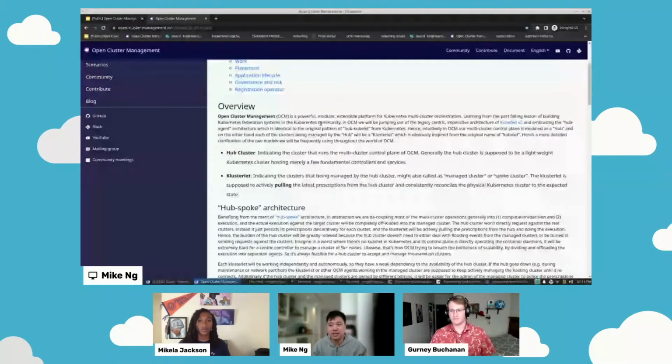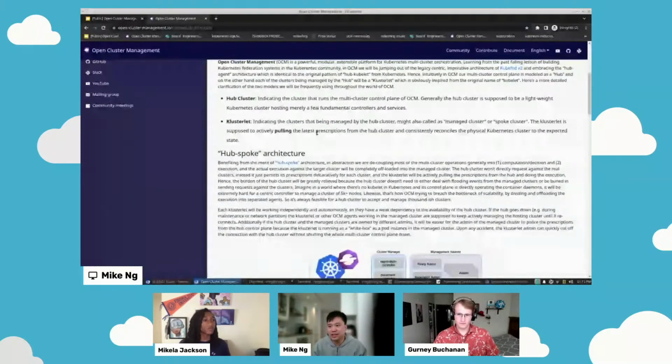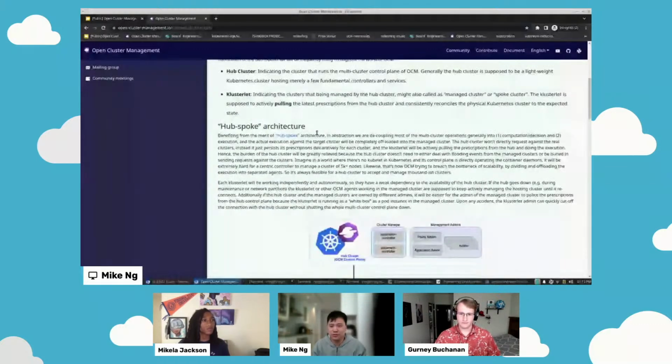And this is the key point I want to emphasize: the connectivity is actually initiated from the spoke cluster to the hub cluster. This is done intentionally because, based on community and user feedback, we didn't want the hub having to go through the firewall and reach out to clusters in a push-like model.